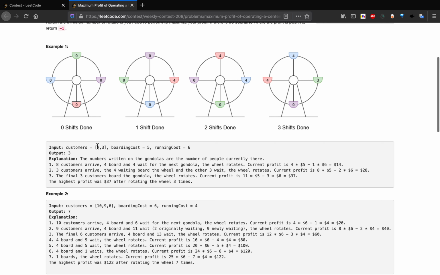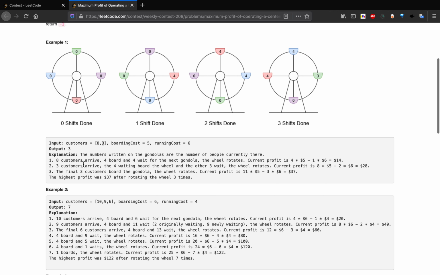Okay, so first 8 customers come, but this gondola can only contain 4 people. So we move all 4 people in this gondola and move in the anti-clockwise direction. So now we have 4 people left, and in the next iteration 3 more people come.